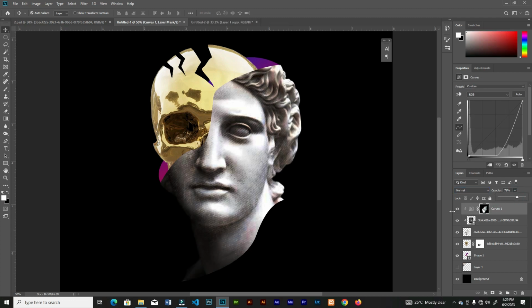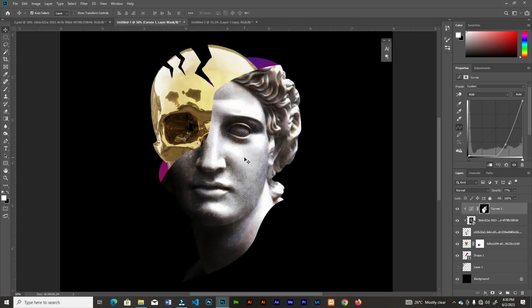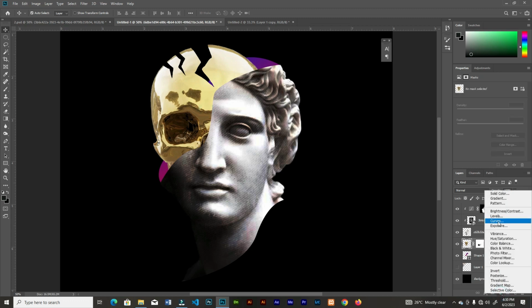Okay, so I think this is okay. Let me add more shadows. Okay, so this is great. I like this. So I'll select the skull and add a curves adjustment layer again,